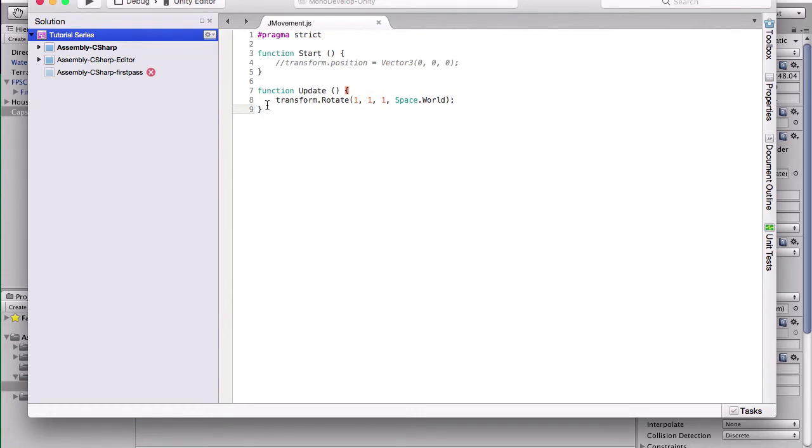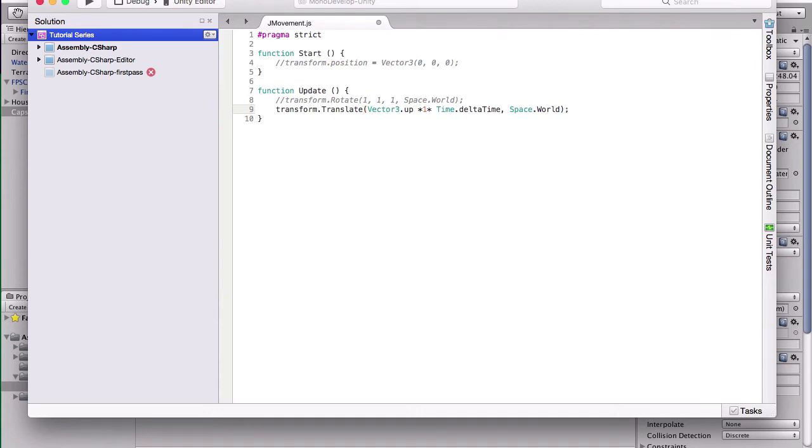translating. So I'm going to comment this out again, and now we're going to do translating. Translating is another transform, so put that under the transform class. Transform.Translate, parentheses, Vector3, of course, because we're getting all three, dot, let's say, up. We're gonna make him go up. And then times 1 times Time.deltaTime, comma, Space.World,